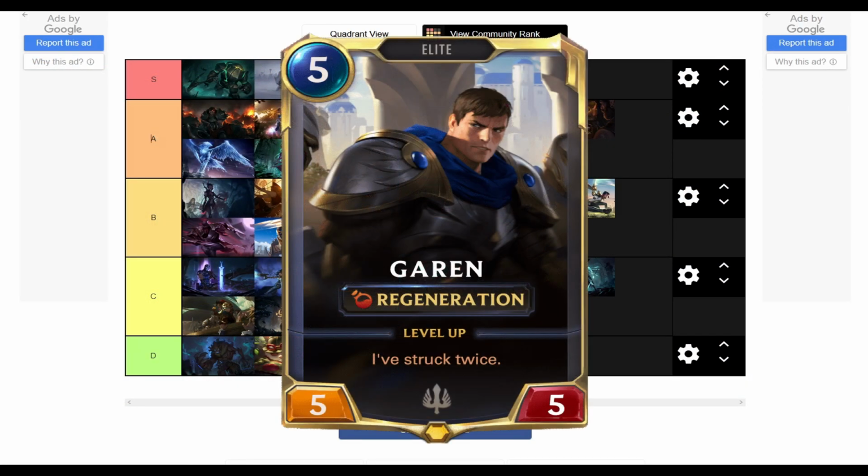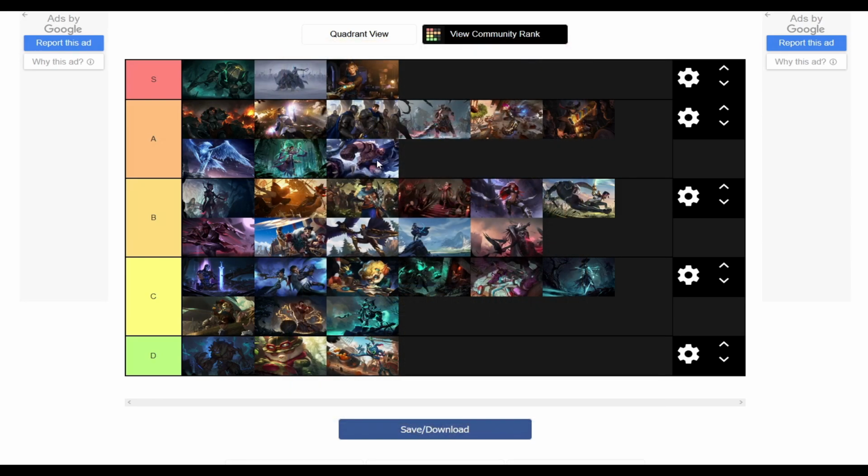What's his name again? Garen. He has a very, very powerful effect, which is regenerating health. This is very good in expeditions, because removal is not that prevalent. People have to work with what they get, right? So regenerating health at the end of the turn is fantastic. Braum is the same thing, but the difference is, even though Garen has a very synergistic deck as well with the Bannerman and the elites,